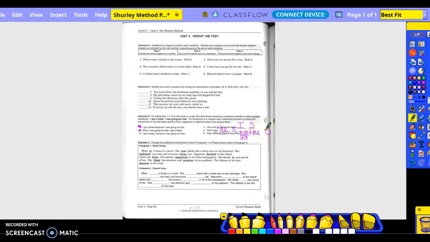Okay. Change the underlined mixed tense verbs in paragraph 1 to present tense. So Missy is a horse in a novel. She is black with a white star on her forehead. She yells very fast and everyone loves her. Reporters